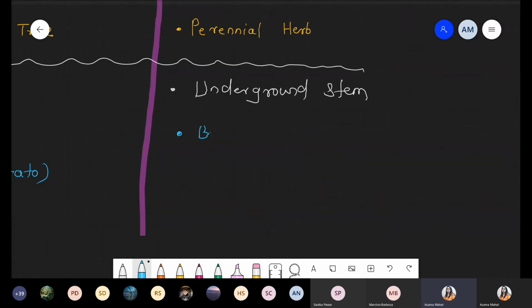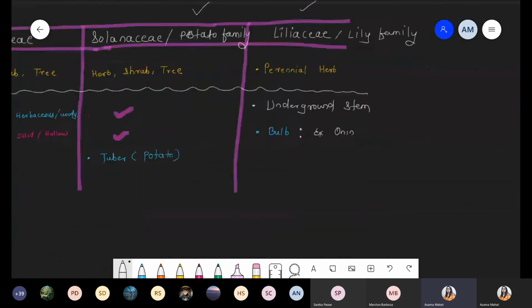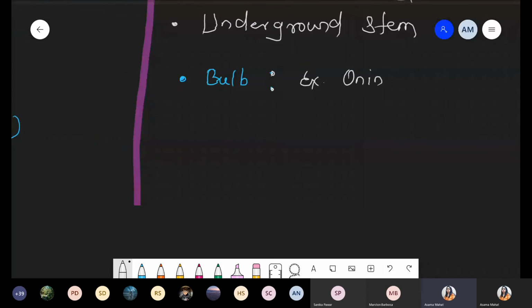Number one, you can take the example of bulb. Actually, these are parts of stem which are excluded from your syllabus. So bulb, and the example for the bulb is onion. Onion, remember this point, it is not any fruit, it is not any leafy structure. Onion is one type of stem, that is underground stem. Now another condition, that is corm. For the corm you can take the example Colchicum, with capital C underlined because it is the genus name.